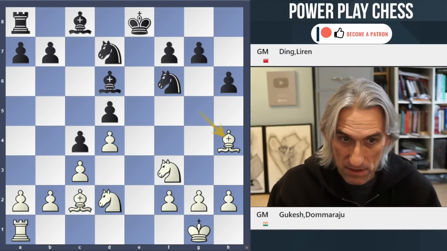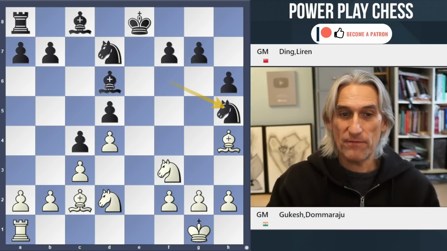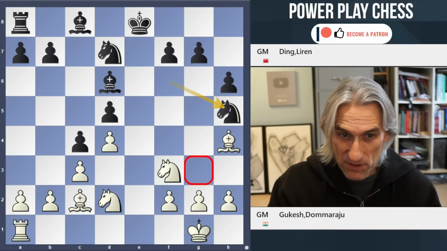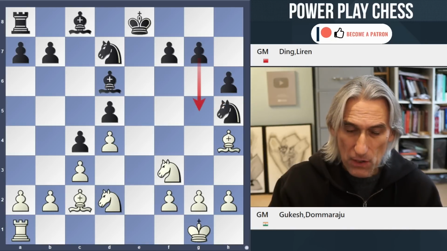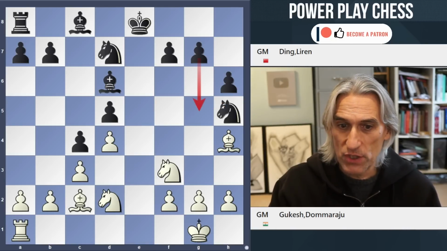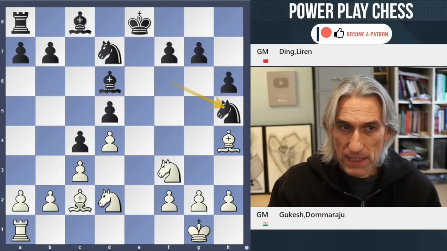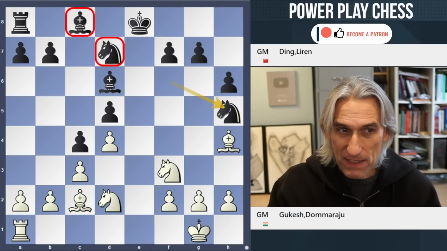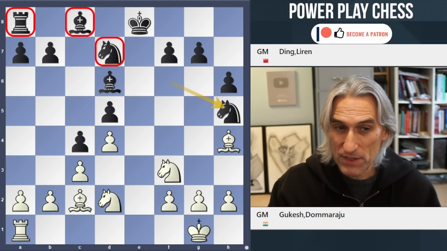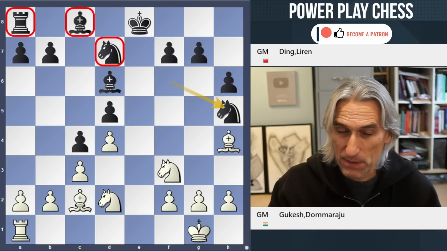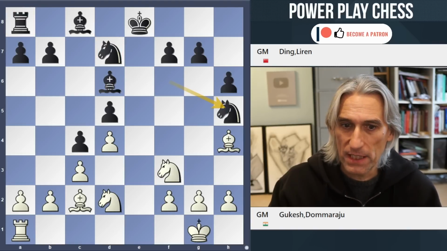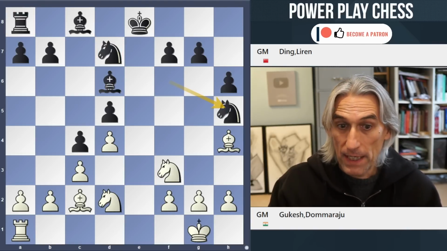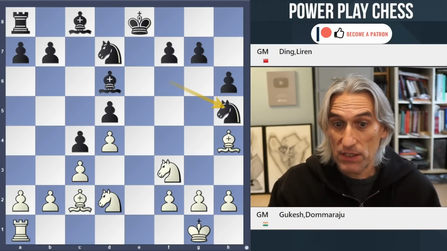And here's the nice move, knight h5. So that covers the g3 square, also looks at f4, and looks to hunt down that bishop with g5. So even though black's development is very poor on this side of the board, it's very hard for white to exploit that. And actually, this is a very positive plan from Ding.